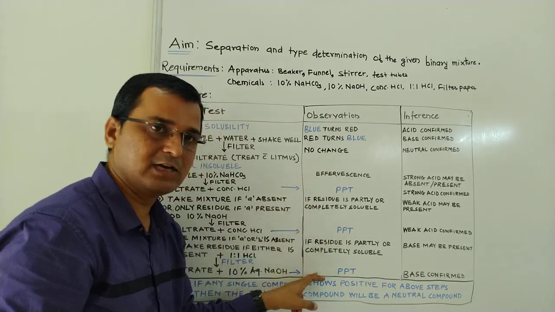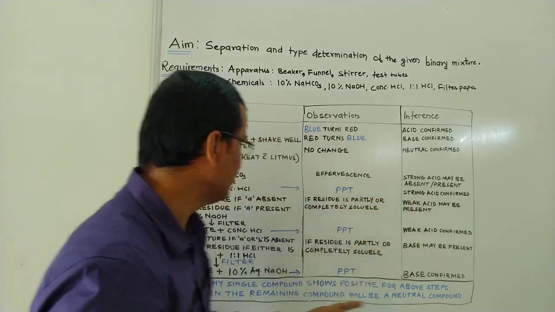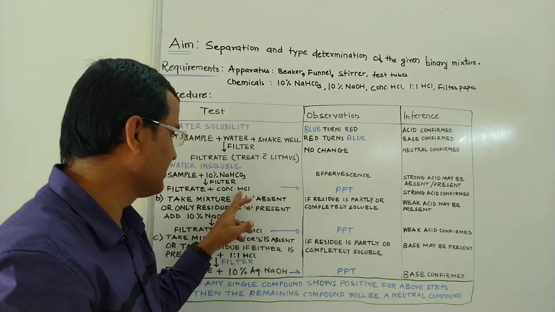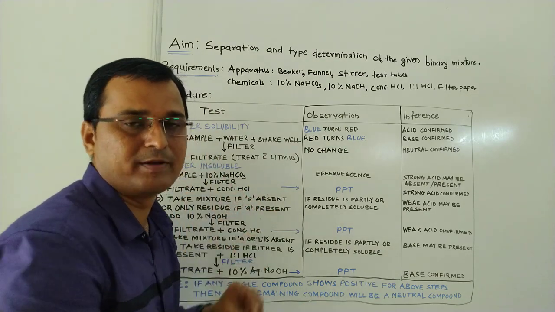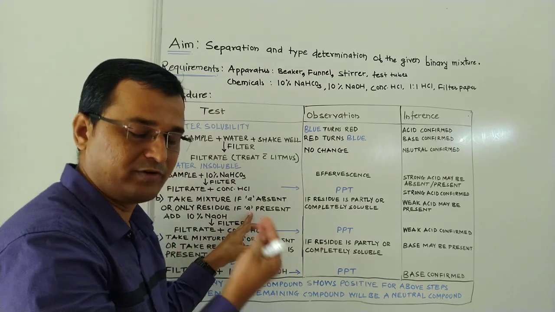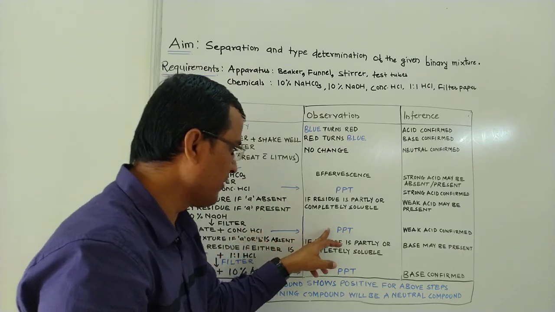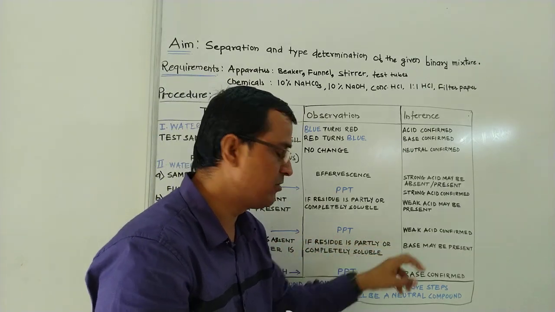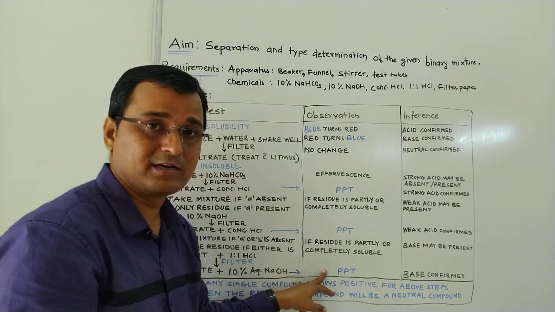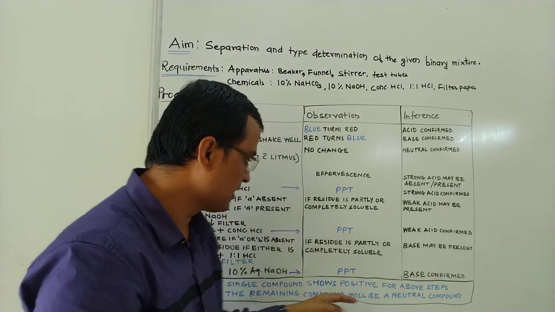PPT अगर आपको मिलता है तो 101% श्योर हो जाओ कि आपका जो कंपाउंड है वो स्ट्रॉन्ग एसिड है। अगर आपको बाइकार्बोनेट के साथ फिल्टर करने के बाद HCl ऐड करने के बाद PPT आता है, या NaOH ऐड करने के बाद फिल्टर करोगे और फिल्टर करने के बाद कॉन्सेंट्रेटेड HCl के साथ PPT आता है, तो आप बहुत श्योर हो सकते हो कि आपका कंपाउंड वीक एसिड है। या फिर 10% एक्वस NaOH डालने के बाद अगर PPT आता है तो आप 100% श्योर हो कि आपका कंपाउंड बेस है।